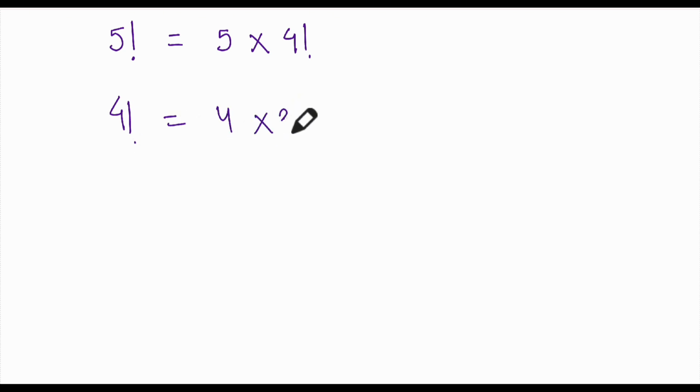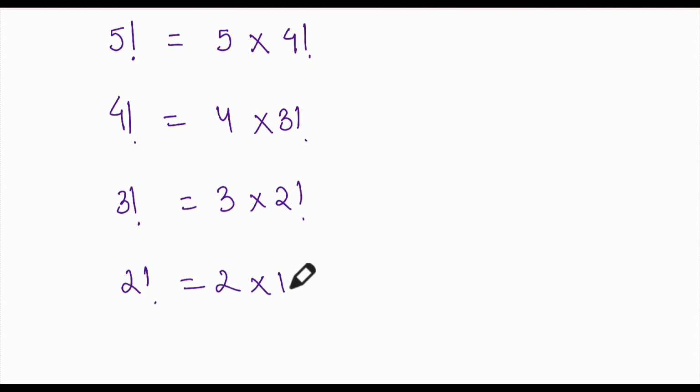So I'm saying give me the factorial of 5. It says, okay, factorial of 5 is equal to 5 into factorial of 4. It will say, okay, I do not know the factorial of 4, so I'll call the function again. Function will say, okay, factorial of 4 is equal to 4 into 3 factorial. Now factorial 3 will say, okay, factorial of 3 is 3 into 2 factorial. And 2 factorial will say, okay, 2 factorial is equal to 2 into 1 factorial.